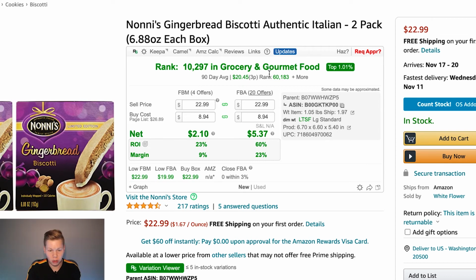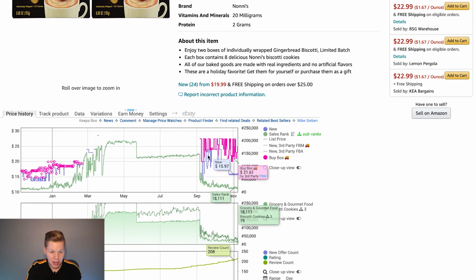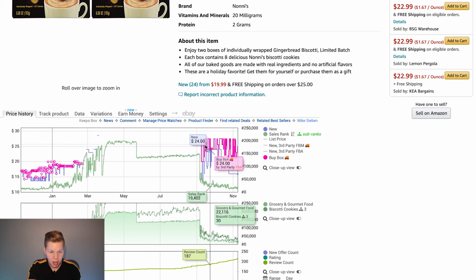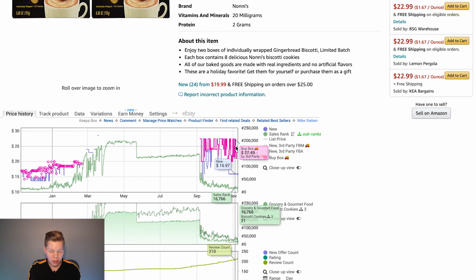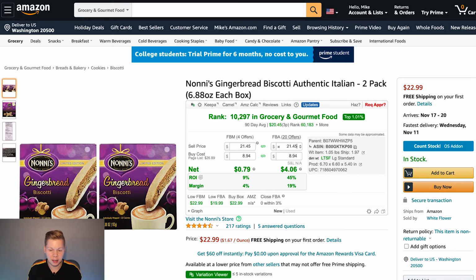It's 10,000 in grocery and gourmet food now. It is getting better as time is going on, so there's a positive trend to this. Price is fluctuating up and down, but we are taking a snapshot that's kind of right in the middle, and this is exactly something that I would purchase 12 or 24 units of. I'd go ahead and send those in, see how they sell through, and then from that point I have a good, actual real world data estimation of how many I'm going to sell per month, and then from there I'll scale up and purchase the 100 or 200 that I'm actually going to sell per month,